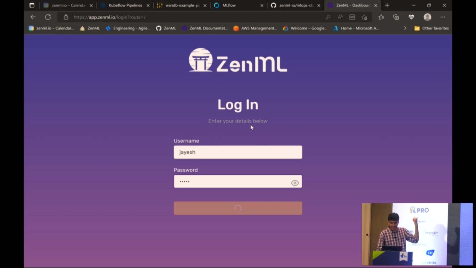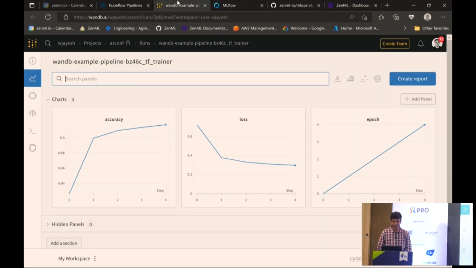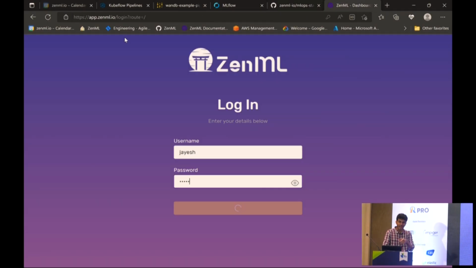I was hoping to show you the dashboard as well, but luck is not in my favor at this point. But you can check this out at app.zenml.io. It's a live dashboard open to all. You can take a look at stacks and stack components. You can have team members and share your stacks with them. There's a central place to track all of your machine learning training. That is the idea behind it, essentially.